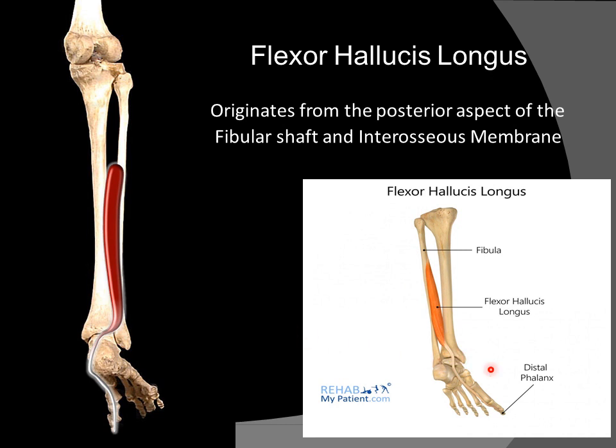So with this we have discussed the 4 deep muscles: number 1, the popliteus, the tibialis posterior, flexor digitorum longus and flexor hallucis longus. So you should remember the origin, the course of the tendon, insertion, nerve supply and action of all the superficial and the deep muscles of the posterior compartment of the leg.